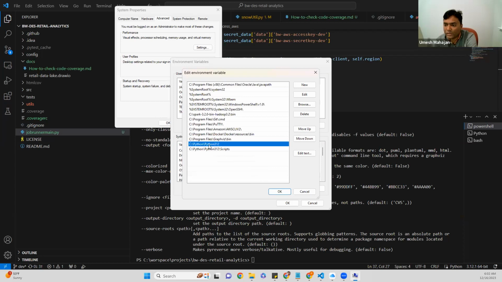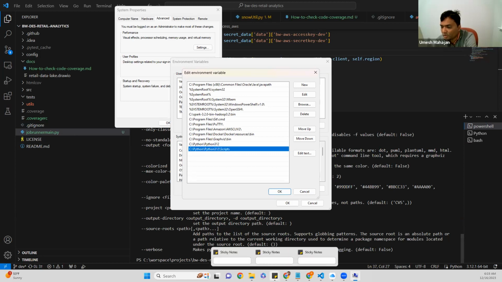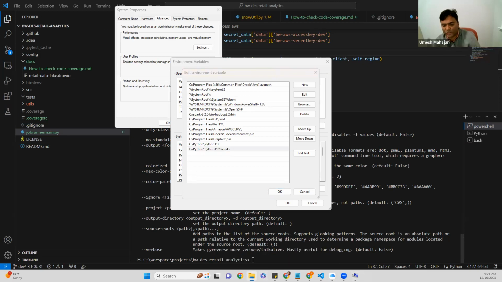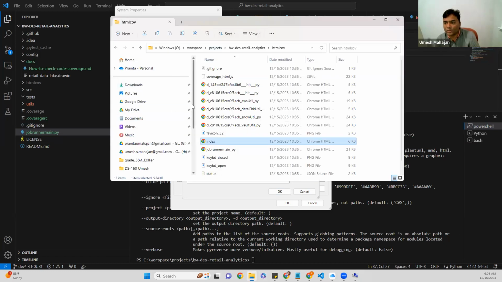Yeah, I have installed the Python and give the path of the Python home and the script location. अगर script location का path नहीं दिया, तो pyreverse work नहीं करेगा. क्यों? Because if you go to that location,